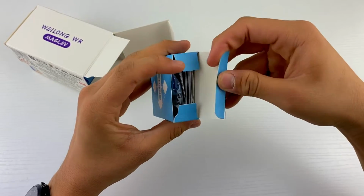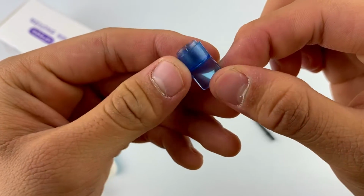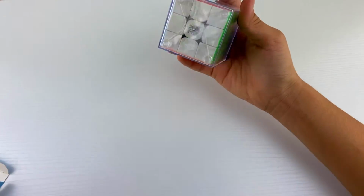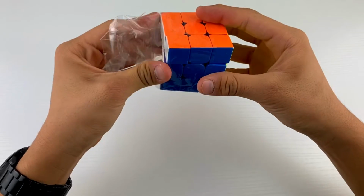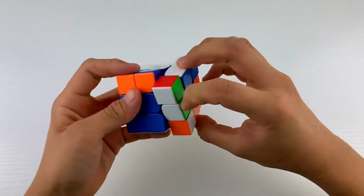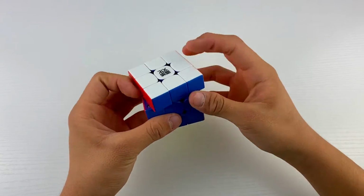In the accessories box, we get a couple of pamphlets, a Moyu screwdriver, some tools and extra parts for the spring compression system, and finally you get the magnet adjustment tools. Moving on to the cube, it comes in this nice Moyu box and it's wrapped in plastic. Out of the box, the cube feels very loose and really fast, so it does need to be set up. I would not recommend buying this cube and not setting it up because it is very uncontrollable out of the